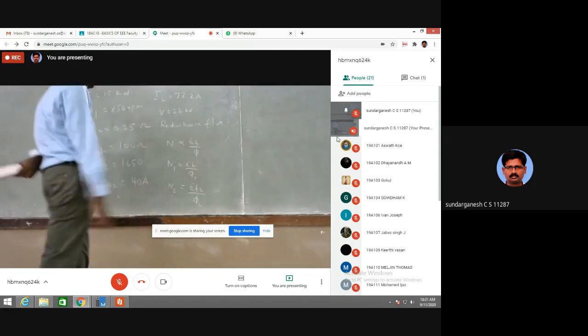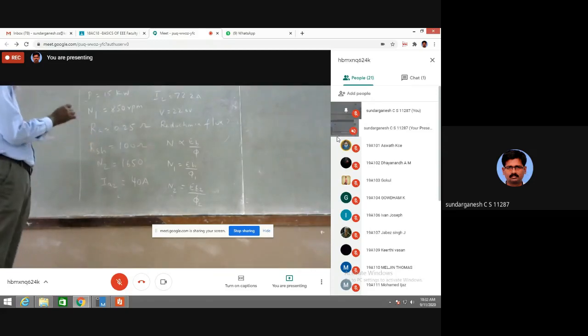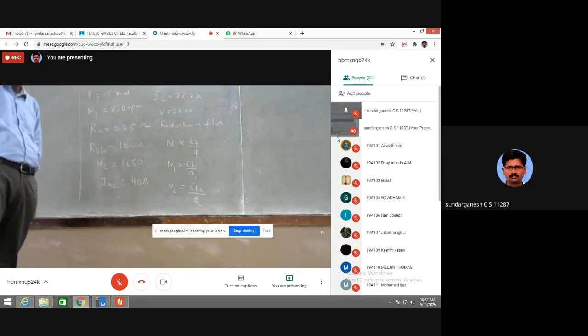Okay. So we don't know the flux, we don't know phi 1, we don't know phi 2. The only thing is, if we divide these two, we can get phi 1 by phi 2. From this we can determine the reduction in flux. By seeing the value of the ratio phi 1 by phi 2, we can see the reduction in flux. N1, N2 are given. Next we have to find EB1 and EB2.